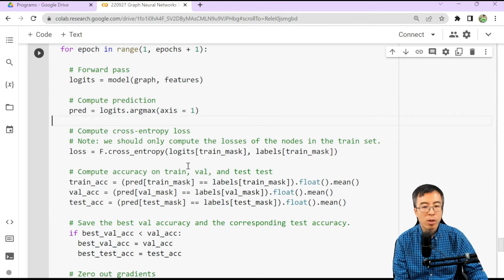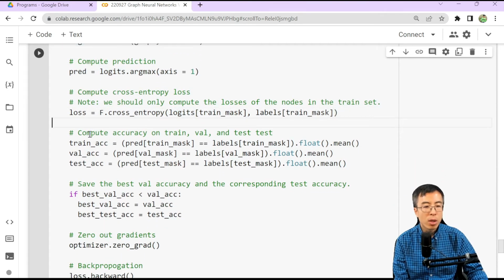On the one hand, you have the computed prediction. On the other hand, you also have the labels from the train set, which serve as the ground truth. Now you can use the cross entropy loss to calculate the loss so that you can do the backpropagation later on, making very sure that you only compute the losses using data from the train set.